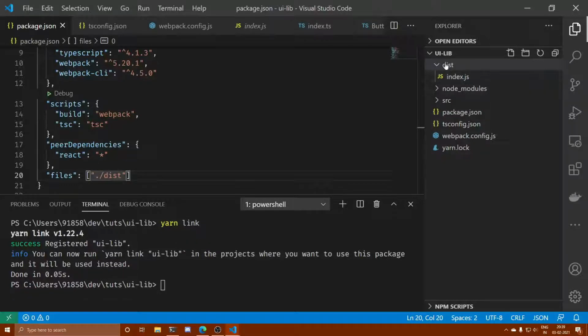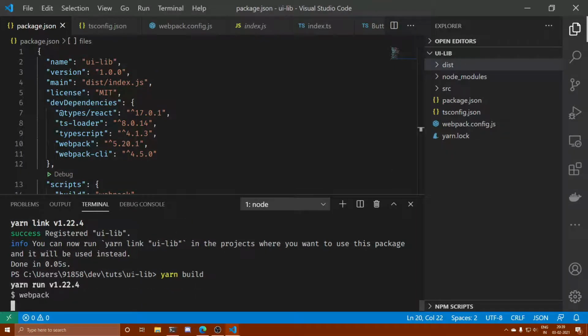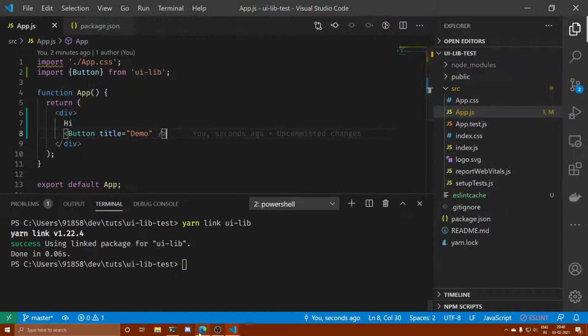If this distribution folder is not distributed along with the project, the end user is not going to find this index.js file, right? So we have to include this particular folder in the final build. When you run npm pack, yarn pack and commands like that, it is going to create the final build and it will just include the files that are listed under this files array. Again, build the project and see if things work.